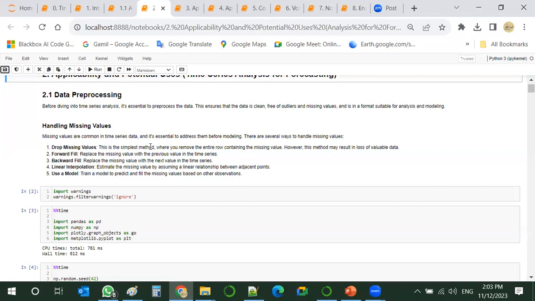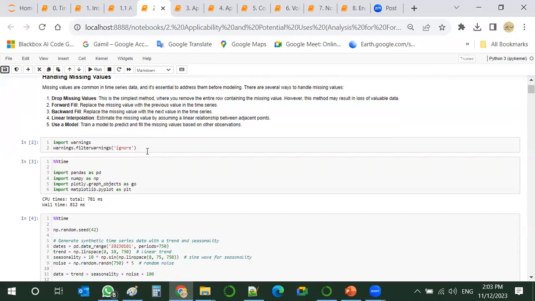Or we can go for linear interpolation, assuming a relationship between the adjacent points. Or we can train a specific model to predict and fill the missing value based on other observations. So it depends, and it's case by case.